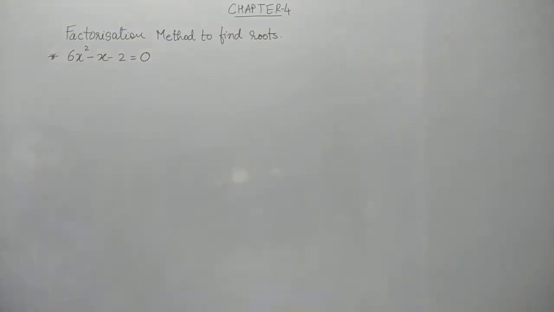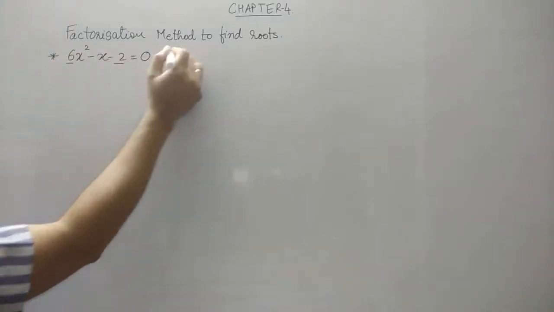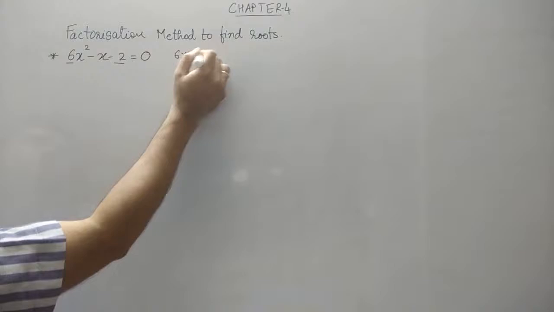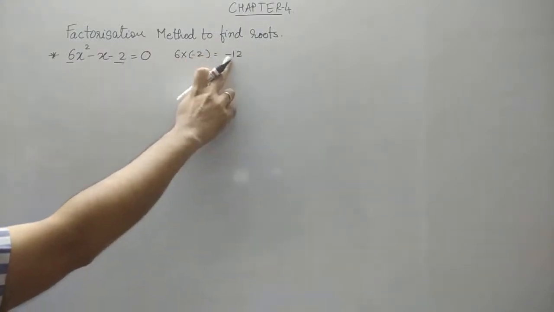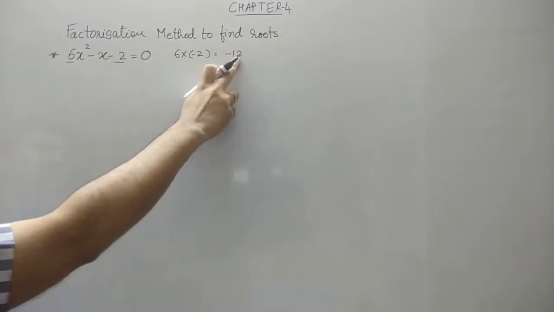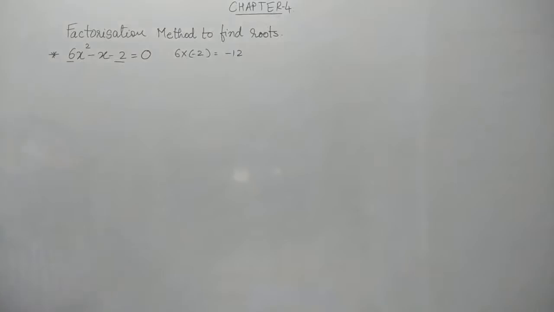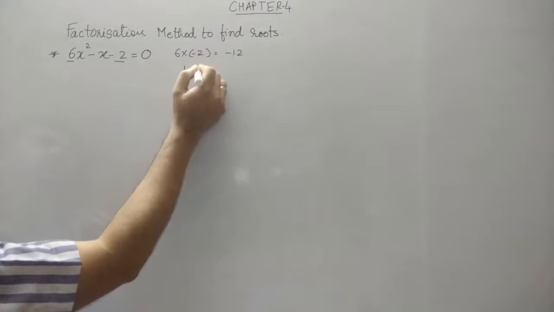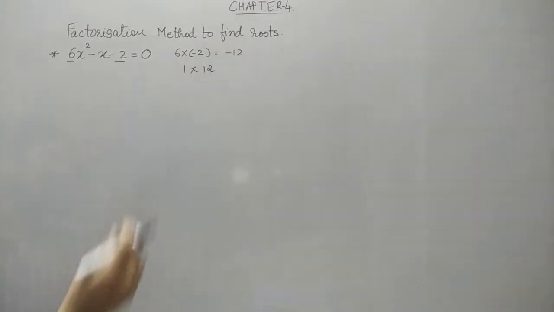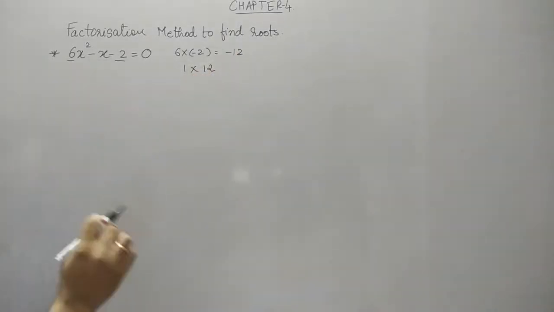Now that it is arranged, what should be the next step? Remember, we multiply the coefficient of x square and the constant. When we multiply these two, we get a certain number. Just don't consider the minus sign right now. So the number is 12. We will find all the possible factors of 12. There are two ways we can do this. Let me tell you the simplest way, because the number is small. If it is a larger number, we'll see later how to do it. As it is small, let's find all the possible factors of 12.